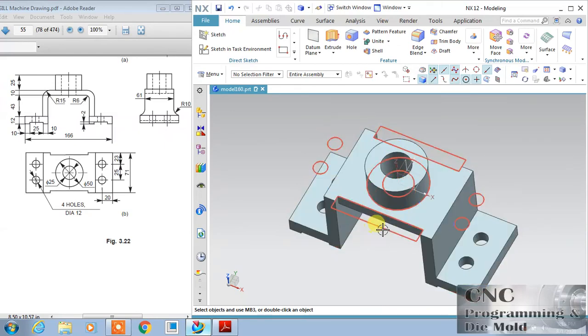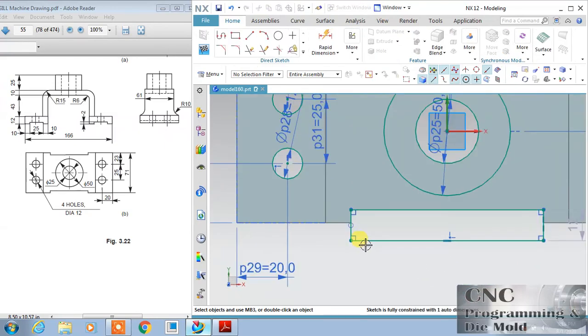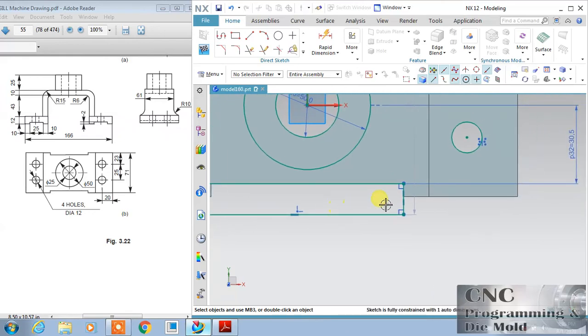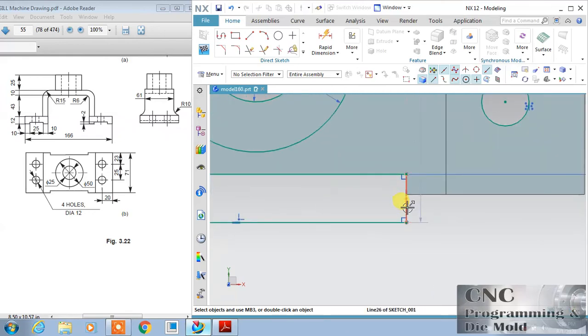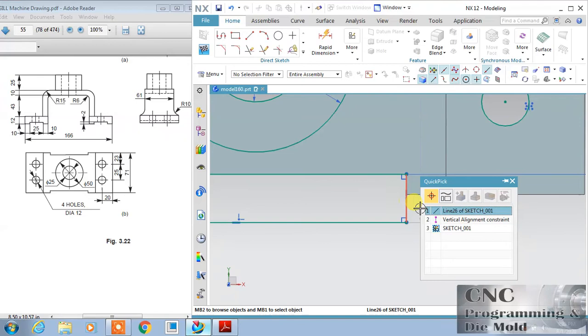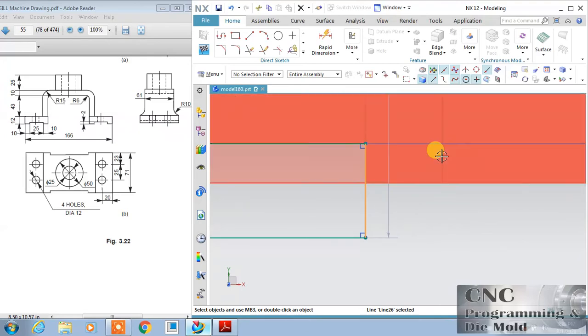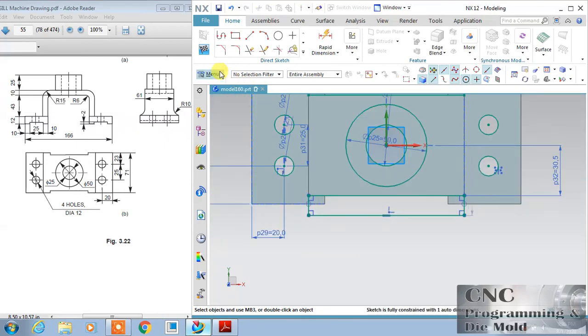So we have to extend this up to this line. Double click over this and delete this constraint and make this line collinear with this, and the same for the vertical element, delete this vertical line, make it constraint, and finish this.